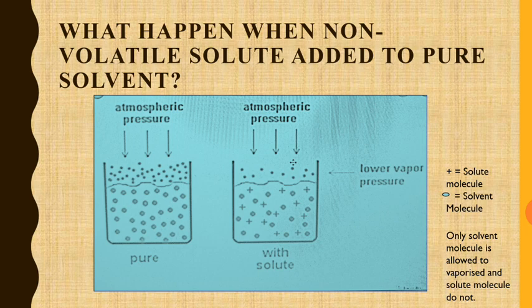Now what is the reason why the vapor pressure is lower? As we have seen how the vapors are generated, but when we add the solute, that is here the plus, it captures the solvent molecules. They do not allow solvent molecules to pass into the air. That's why the vapor pressure is decreased or lower. You can see this in brief with the next slide. Let us see.